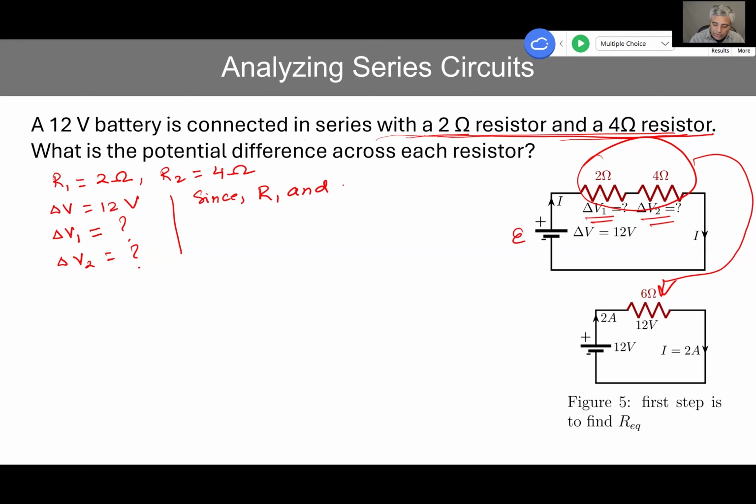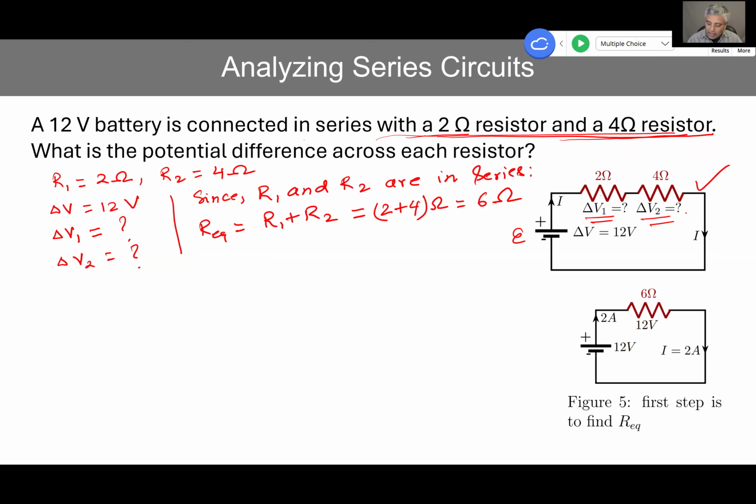R1 and R2 are in series, so the equivalent is gonna be easy. 2 plus 6. Oh, not 6, 4. 2 plus 4 is 6 ohm. So that means what happens is we want to draw this circuit, and then next, once we have R equivalent, we want to draw this. Now, once we have this, we are ready to find